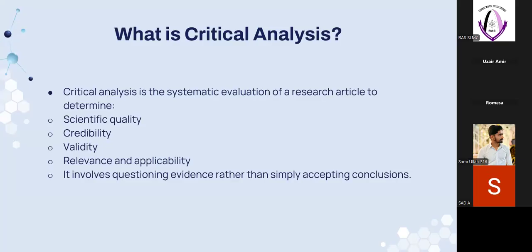Basically, we need to understand that every published article is not necessarily a good one. What does that mean? Basically, there are good researches that are published and there are bad researches. The main purpose of critical analysis is that we can ourselves identify the difference between a good research and a bad published research. So we only use the good research as a reference for our original article. So that's why critical analysis is important.